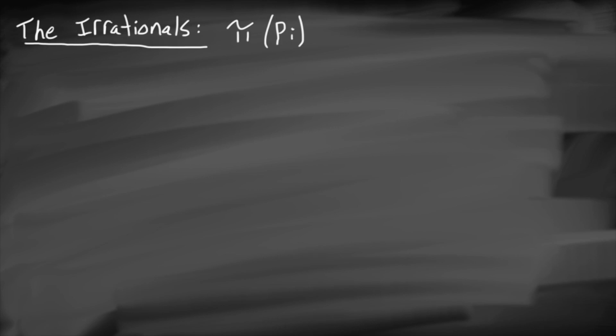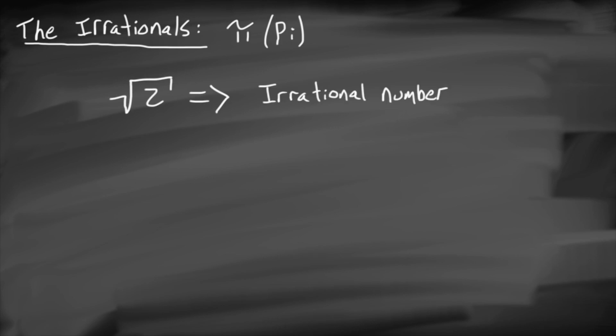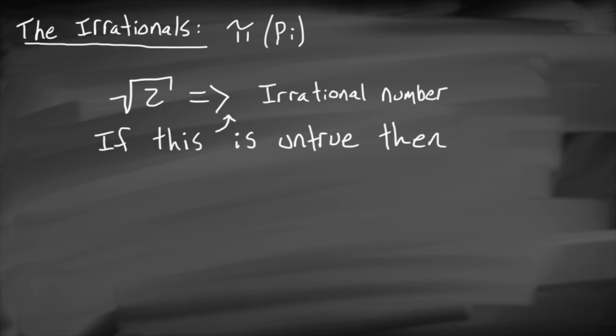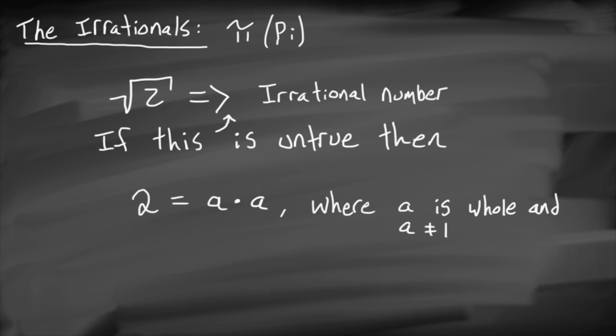The Irrationals, Pi. In the last video, we discussed the irrationals found when taking the square root of a non-perfect square number. The essential point could have been worded as follows. If irrational numbers do not exist, then every number ever must be a perfect square. The idea being that in a universe where irrational numbers don't exist, every number would be the product of two equally valued smaller integers, such that 2 would have to be the product of two